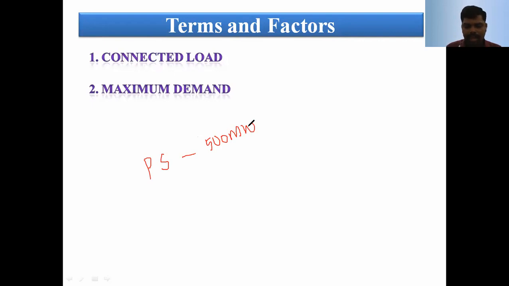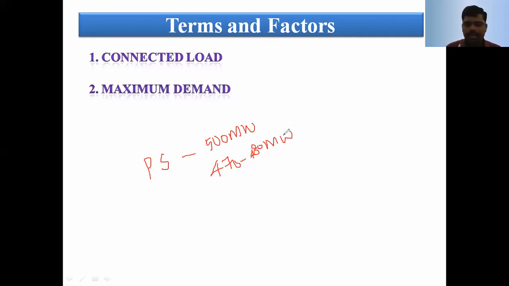But actually in the particular power plant, they generate 470 to 480 megawatts. Again here, there are two types of load. One is the base load, and another is the peak load. Base load means that in a day, 24 hours, the load is maintained constant. Peak load means that within a short interval of time, the load is varying.